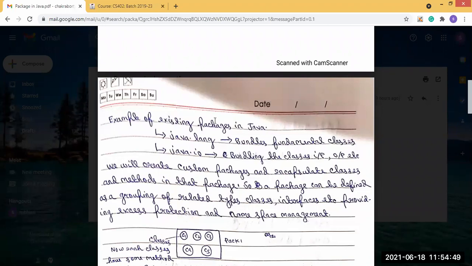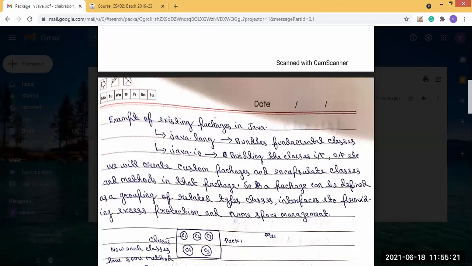So whenever we need to write a program using input output based classes, we have to import the java.io package, because the input output classes are already present in it.